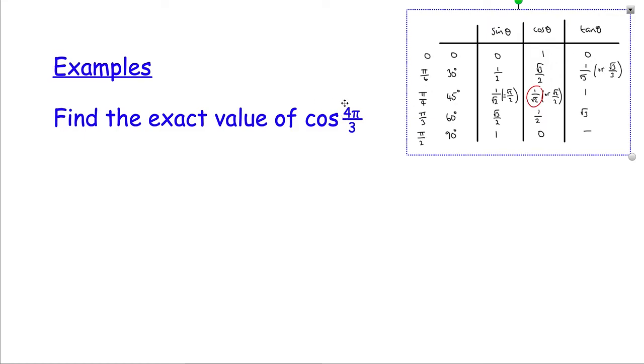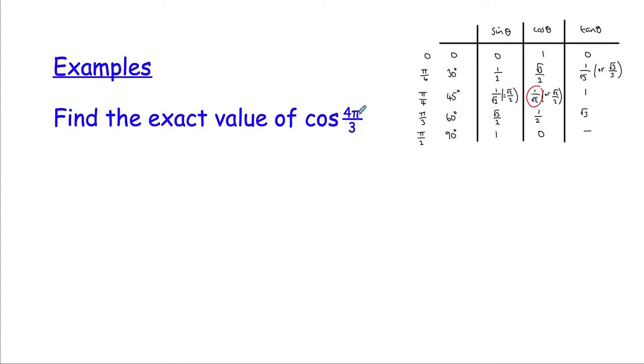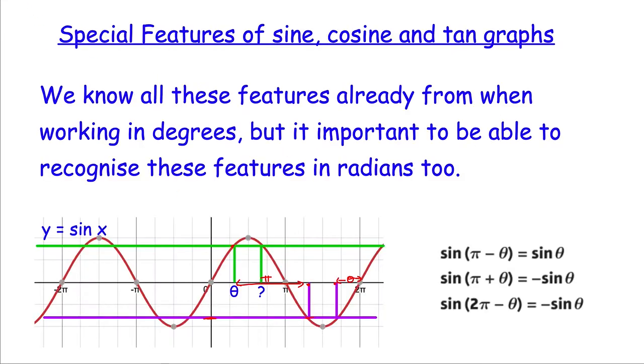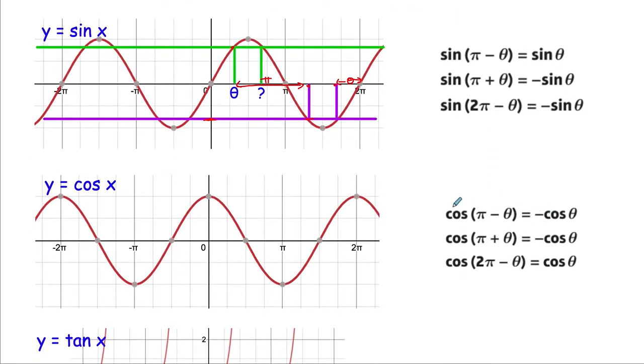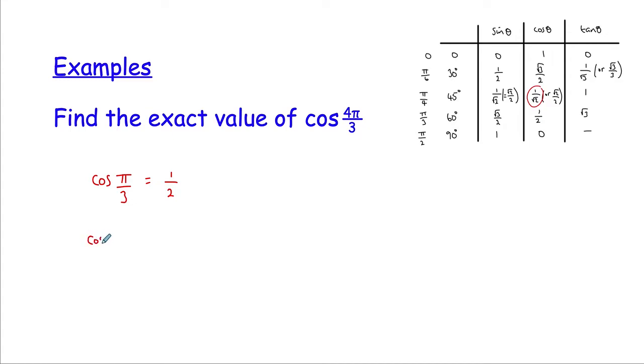Okay, so cos of 4 pi over 3. Well, if I take away a pi from there, that would get me to cos of pi over 3, and we know that cos of pi over 3 is equal to a half. So what will cos of 4 pi over 3 be? Well, if we look at the one that says pi minus theta, that's this one here. Cos of pi minus theta is equal to minus cos theta. So if my theta is equal to pi over 3, then cos of